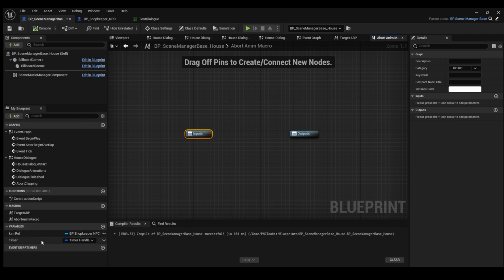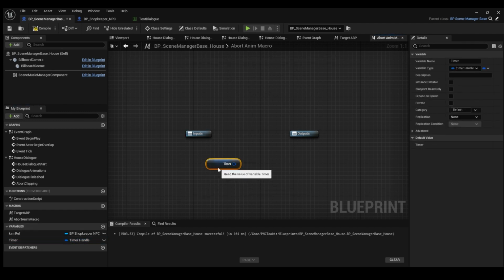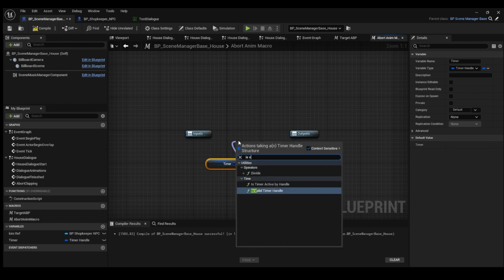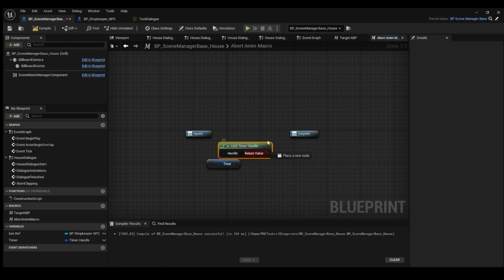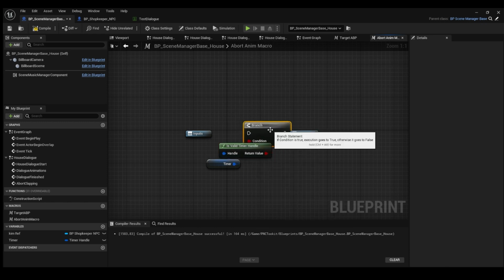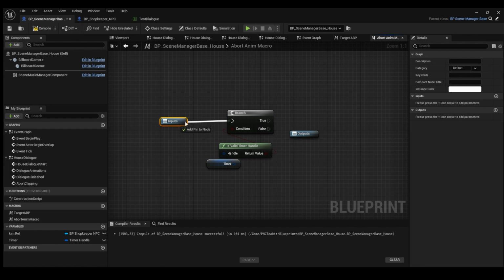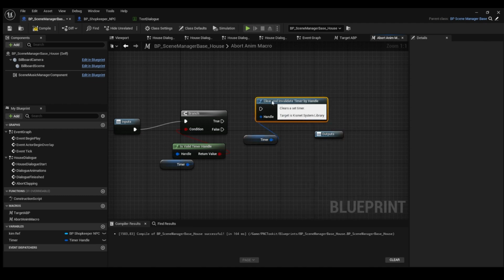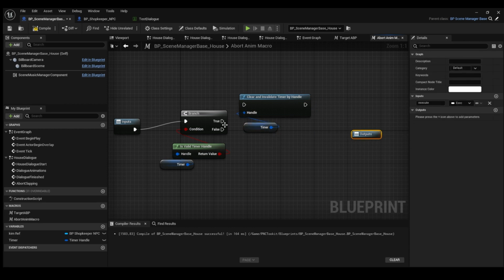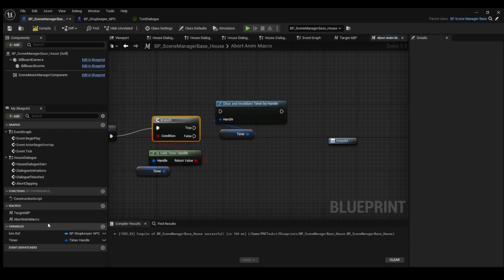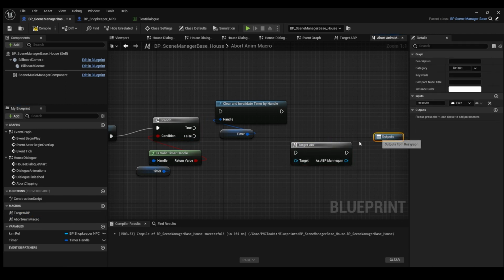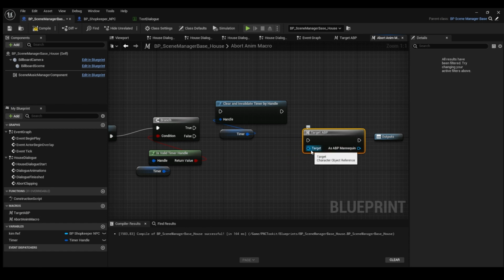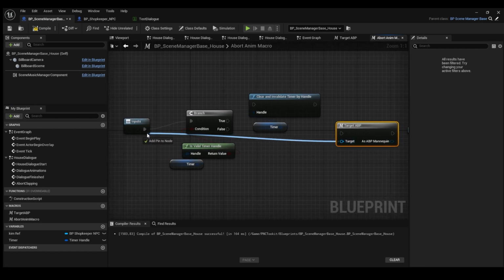So in here we would like to drag out the timer and get it and search for is valid timer handle, and drag out the return value and search for a branch and connect it here in the input, and drag out another timer and search for clear and invalidate timer. And here we would also like to have this target ABP inside here, so drag that out here. And the target we would like to drag to the input like so,